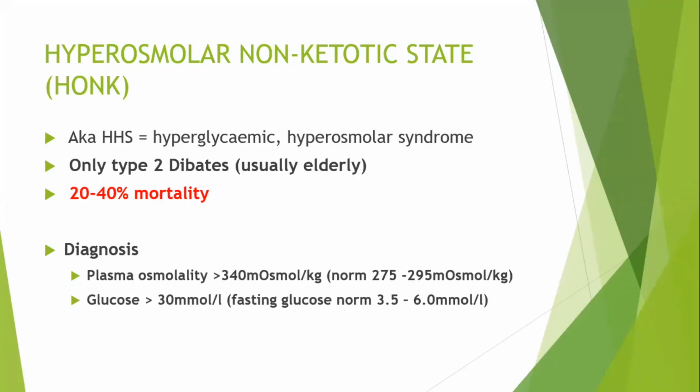And the glucose will be over 30 millimoles, and that's during fasting or any state. The normal fasting glucose will be 3.5 to 6 millimoles per liter. So it's a state in which your blood is hyperosmolar, it's really thick, and it's extremely dangerous